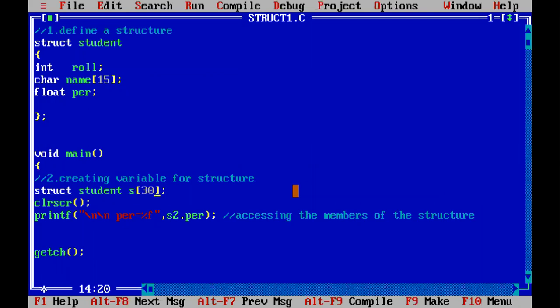There is not one common copy for all. The first student's members are different from the second student's members, which are different from the third student's. So each student structure variable will have a separate copy of roll number, name, and percentage. This you have to remember.